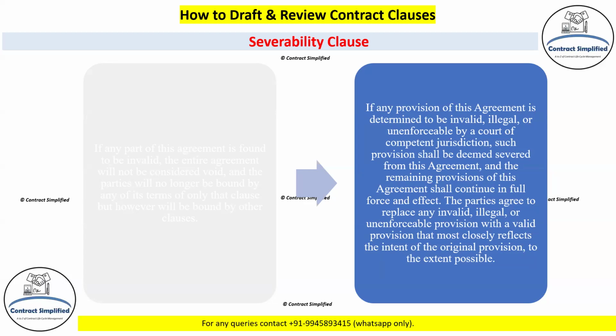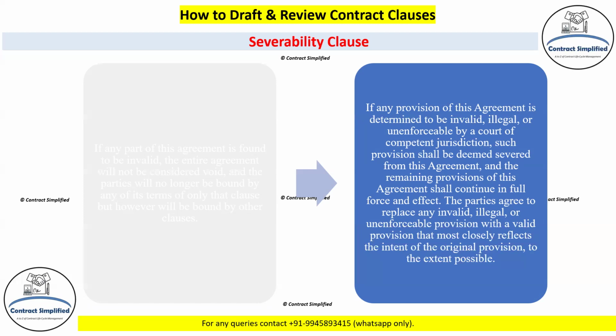Now, the improvements that we have made are, firstly, we specifically mentioned the court of competent jurisdiction. That is, we clarified that only a court can determine the invalidity of a provision. This ensures that the parties are clear about where the decision came from. We also added illegal or unenforceable to cover different situations, not just invalidity. Now, the contract can still stand even if one part is found to be unenforceable. This keeps the agreement intact and avoids the drastic consequences of the entire contract being void.